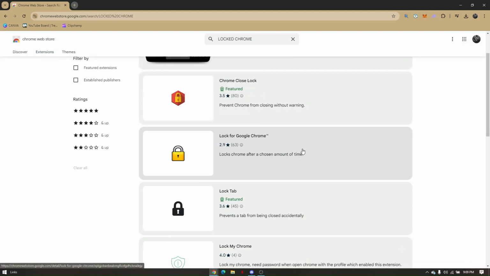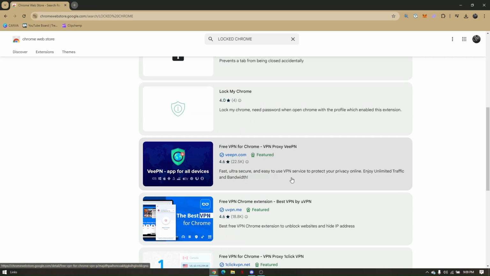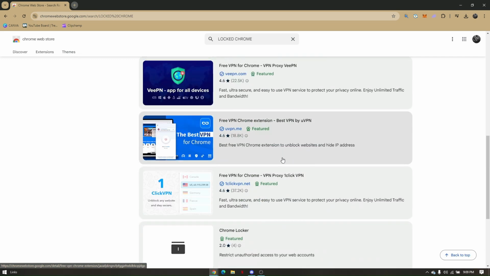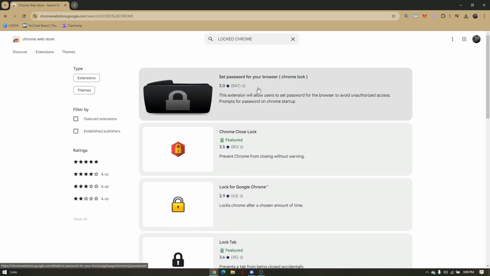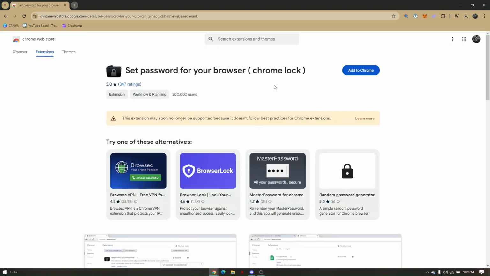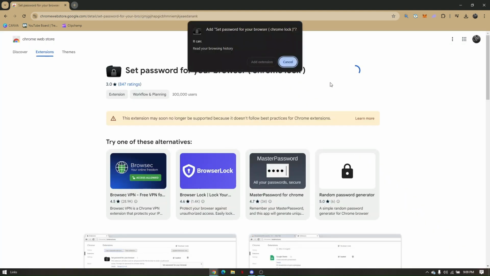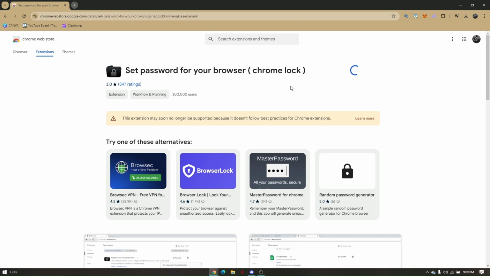Now there will be multiple extensions that will be visible right here. All I have to do is you can try and choose on the first one. Now you'll have to add this extension to your Chrome, add extension,